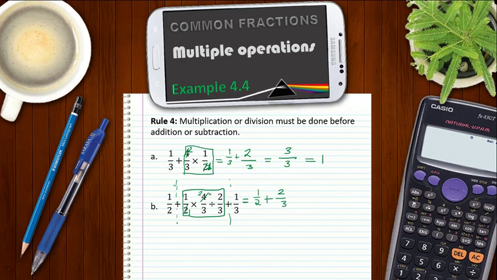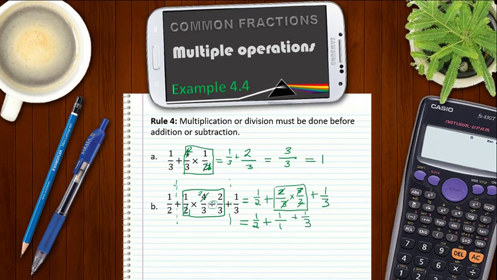And then this can be changed to a multiplication. So this becomes multiplied by 3 over 2. And then we still have this plus 1 over 3. So we've simplified this part by multiplying, and we've just changed this division into a multiplication. So in our next step, we're going to multiply this out. So 3 can cancel with 3, and 2 can cancel with 2. So this gets brought down, and I'm just left with 1 over 1 plus 1